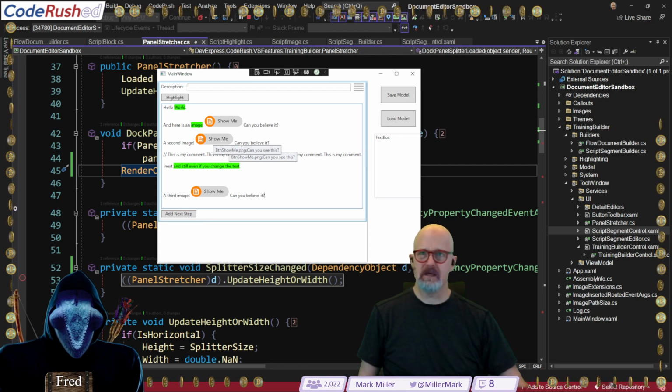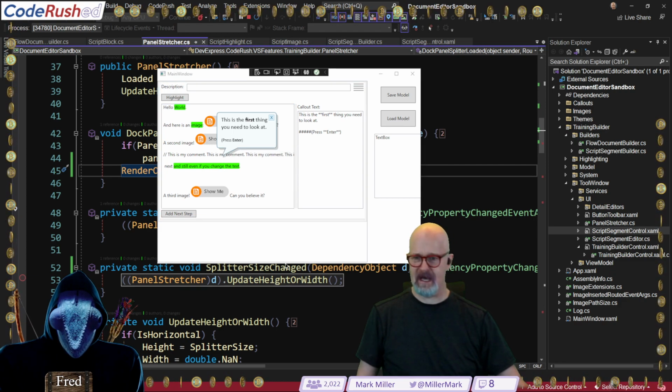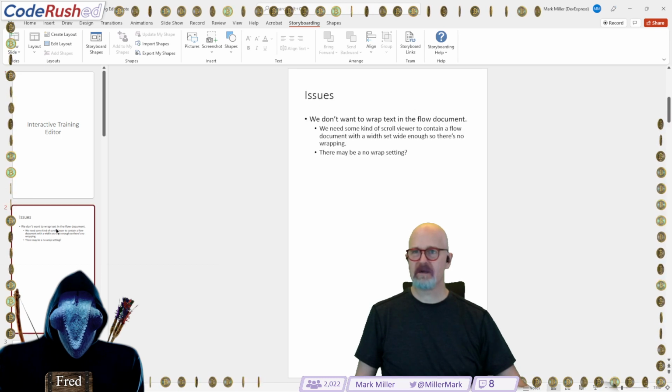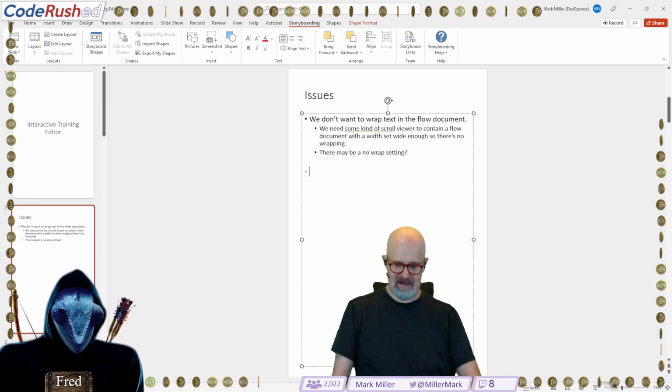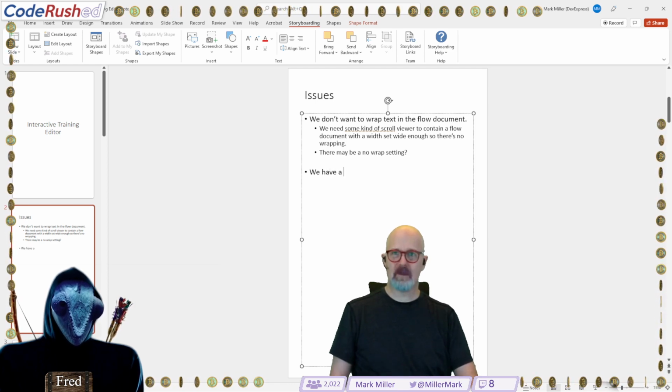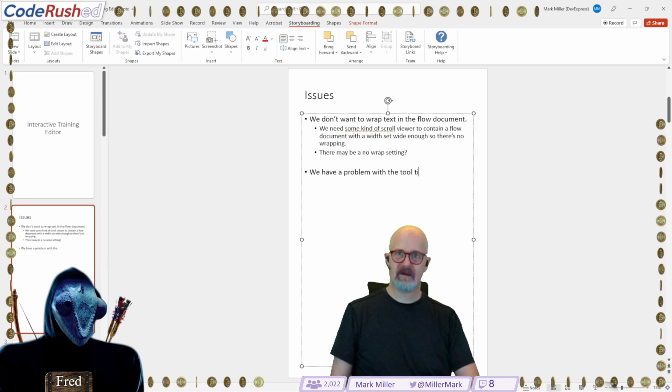I'm going to acknowledge that we've got a problem with the hinting. See this hint and that hint? We got a problem with the hinting. Let's acknowledge that. Everybody's going to be okay with that. We're not going to fix that now. We have a problem with the tooltip.